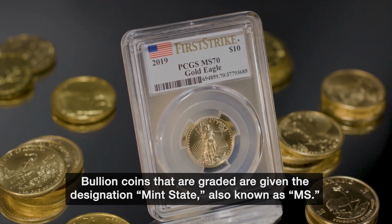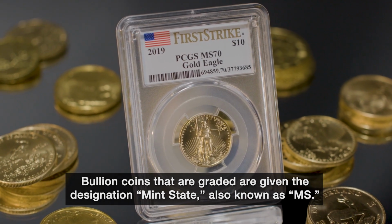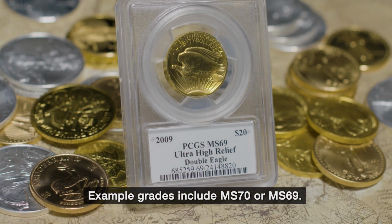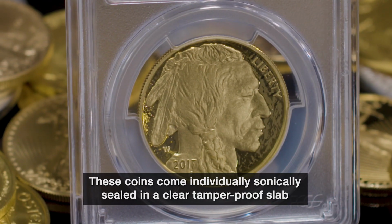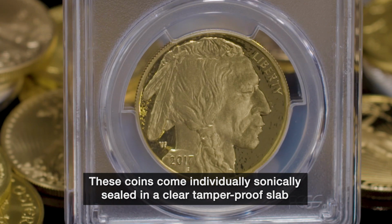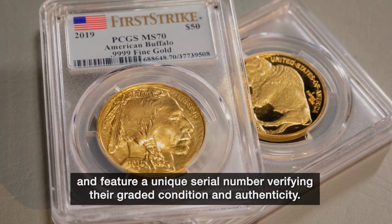Bullion coins that are graded are given the designation Mint State, also known as MS. Example grades include MS-70 or MS-69. These coins come individually sonically sealed in a clear tamper-proof slab and feature a unique serial number verifying their graded